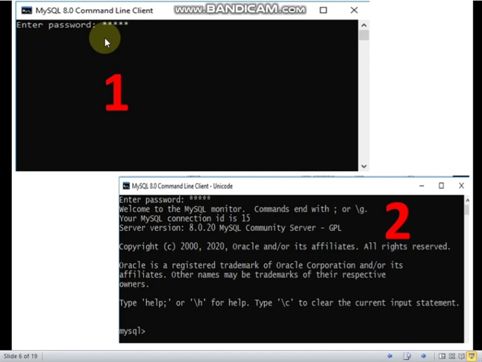where it will ask you for the password. So give the password, or if you have not given any password while installing, you can just press enter and move on. Then you will get a MySQL prompt, and it will give you some message on the version of MySQL and copyright, and information regarding all this. So once you get the MySQL prompt, that means you are ready for the queries.